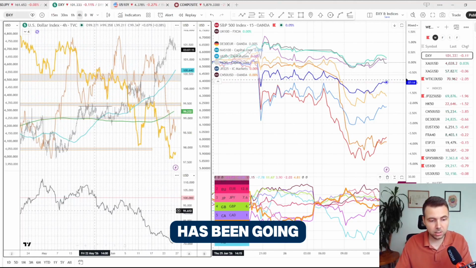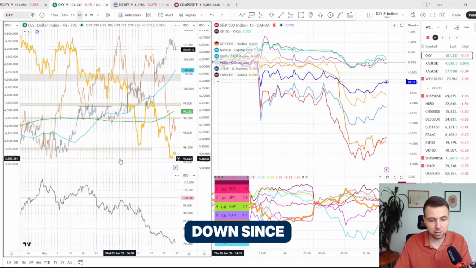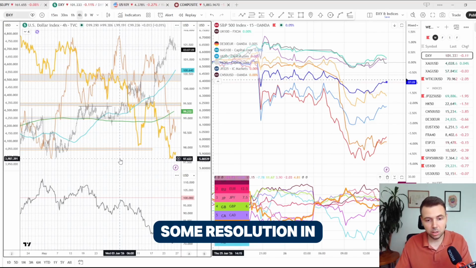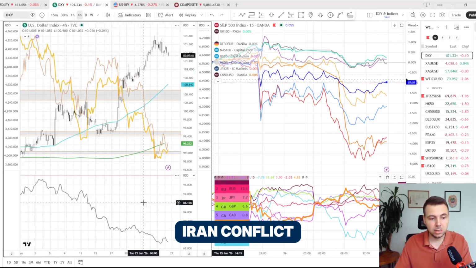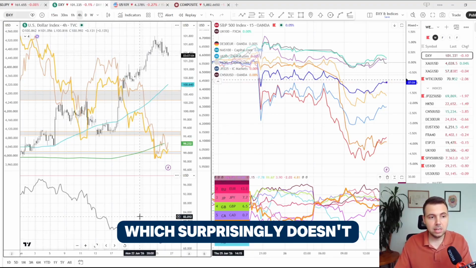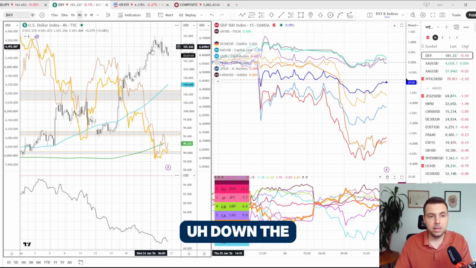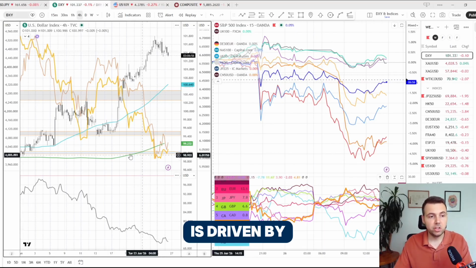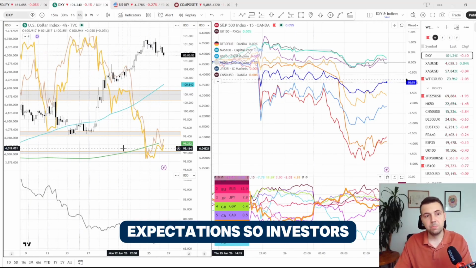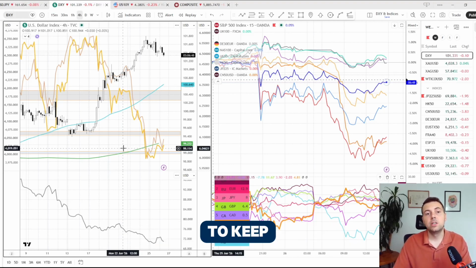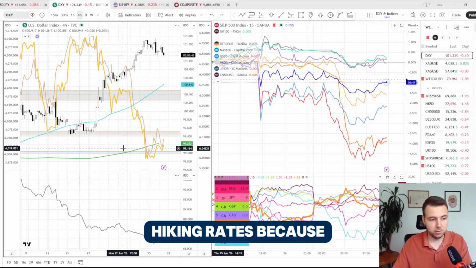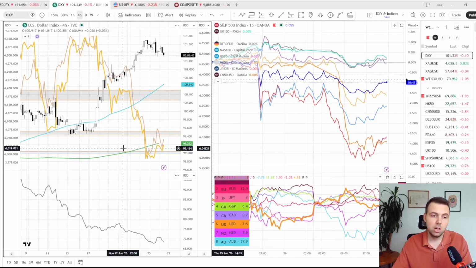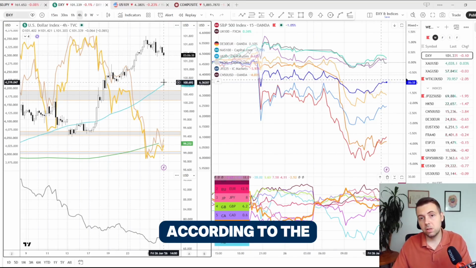oil has been going down since some resolution in the Iran conflict, which surprisingly doesn't pull down the dollar after itself. And that's because currently the dollar is driven by hawkish expectations. So investors expect the Fed to keep hiking rates because inflation is sticky, GDP growth is good according to the latest data,